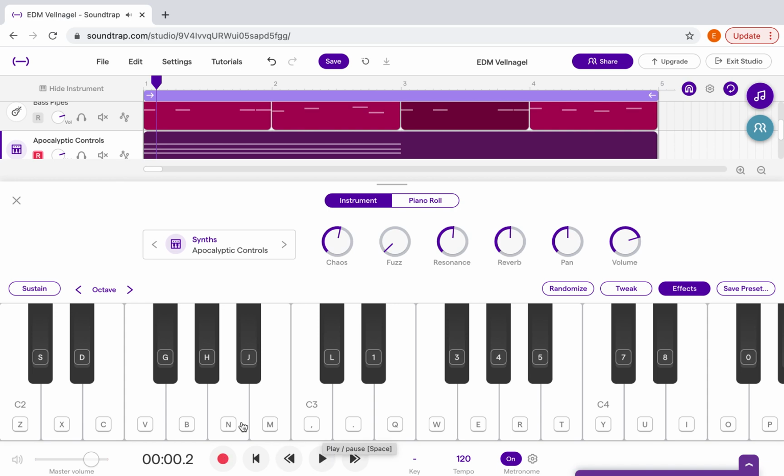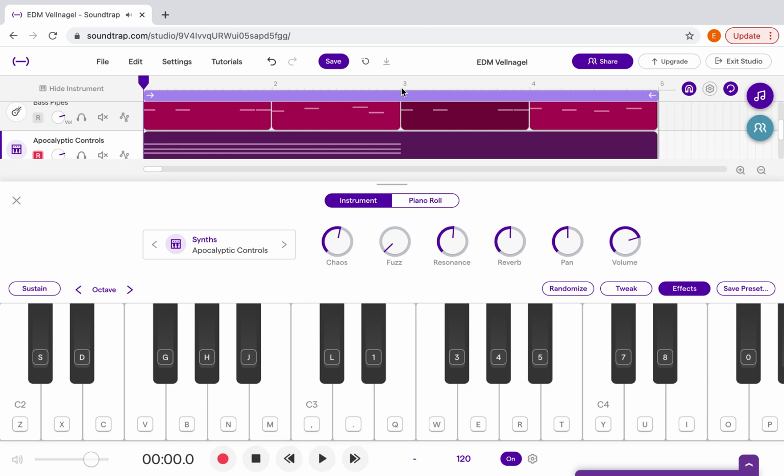Not too bad. What if I go again back to the beginning, and this time I'm going to try the minor. So always experiment and see what you think sounds good before you start recording anything. Minor this time. I actually think I preferred the major. So